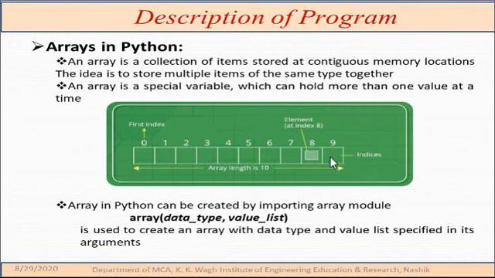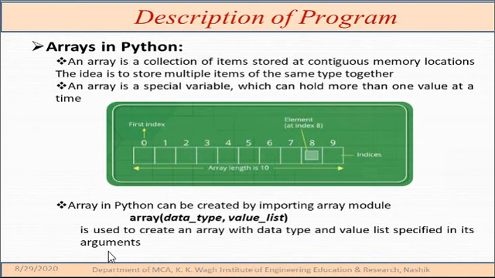Those are the indices, and the indices depend on the length of the array, that is, how much length of the array you have defined initially in a program. As per that, you will get the indices, and in each index you can store a single value, one value at a time, in that array. This is all about the general introduction of the array.